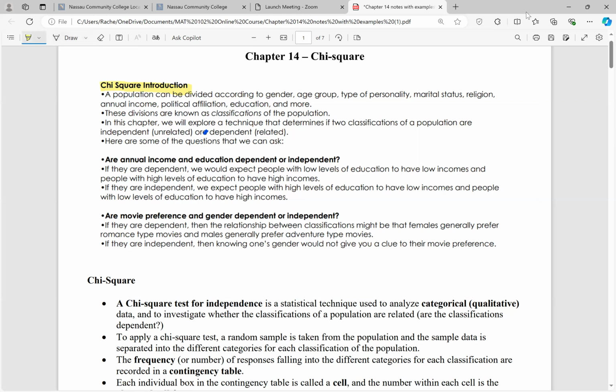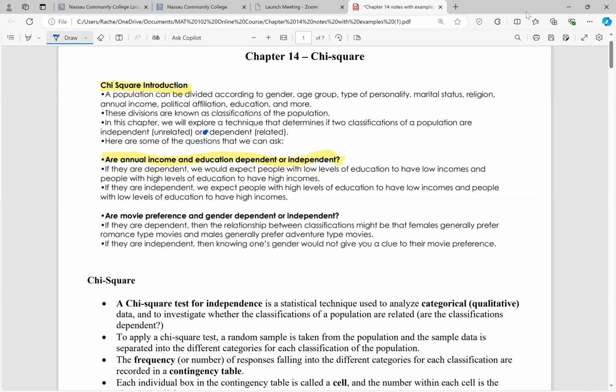So the first one says, are annual income and education dependent or independent? So if they are dependent, we would expect people with low levels of education to have low incomes and people with high levels of education to have high incomes. If they're not dependent, meaning if there's not a relationship, if they're not related and they're independent, then we expect people with high levels of education to have low incomes and people with low levels of education to have high